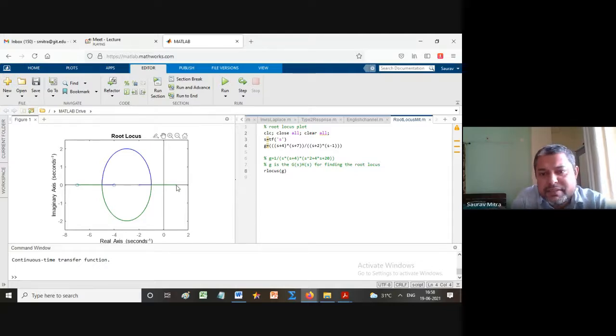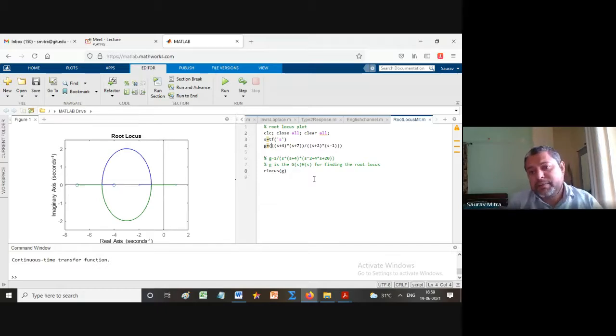But in this case, it is starting from 1 plus 1 and coming to this breakaway point, whatever the value is. Now you know how to calculate. Then it will come here, break in, and then come here. So this is one root locus. Another root locus is starting from minus 2, coming to this breakaway point and going up, then the break-in point, and then it is coming to 0. So here P minus Z is equal to 2 minus 2 is equal to 0. Sigma C and theta C you need not calculate because there will not be any asymptotes, since none of the root locus is going to infinity. So in that case, this is a closed root locus. That means both the poles are starting.